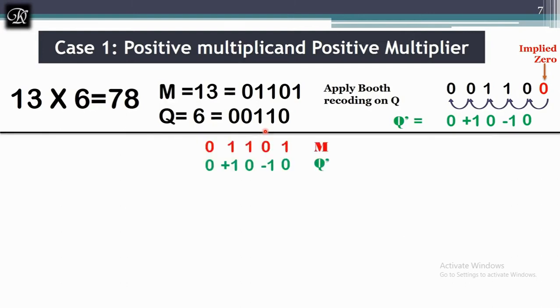Let's take up M. M is as it is. Q is changed now. I call it Q dash. Let's start multiplication. First, I am going to multiply M with 0. Here, how many bits is the number? You have to see. You can count the bits: 1, 2, 3, 4, 5. It is having 5 bits. Even they should have the same. So now my answer should be 2n bits. Each partial product, whatever I write over here, should be 2n bits. It means it should have 10 bits.